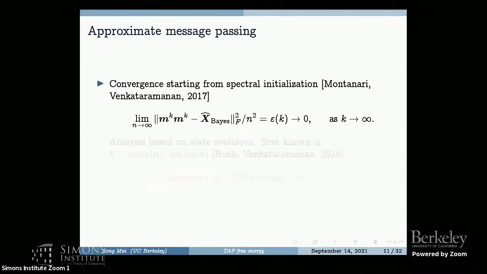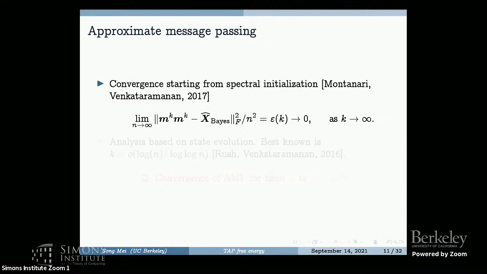But there are good properties of AMP, in the sense that people can show the following. People can show the convergence of AMP starting from spectral initialization in the sense that, if we look at a fixed k and the kth iteration of AMP, and compute the distance between m^k transpose and the Bayes estimator, in Frobenius norm, this is an error. First we take n goes to infinity, and we can get a number epsilon_k, which we can fully characterize. Then as k goes to infinity, this number goes to 0.